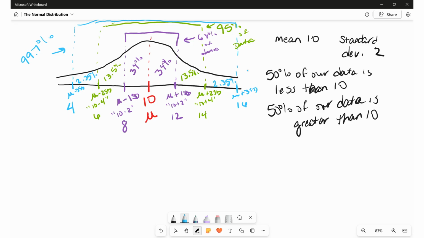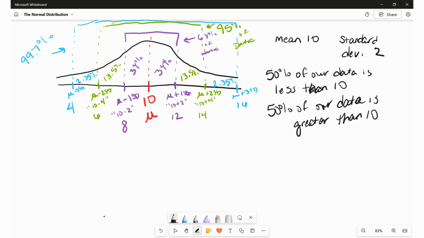Okay. Because when you take 99.7, cut it in half, and then take out your 13.5 and your 34, that leaves you with the 2.35 for that little percent right there. So